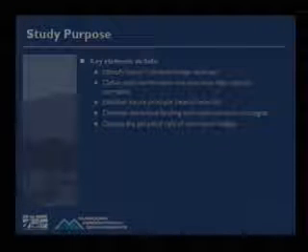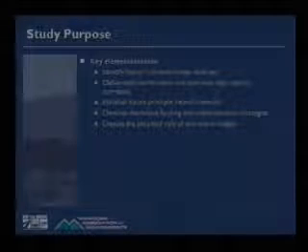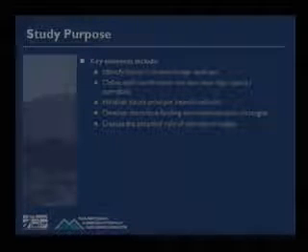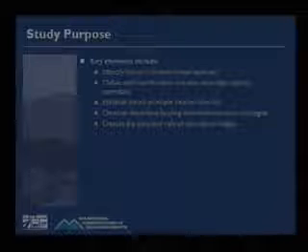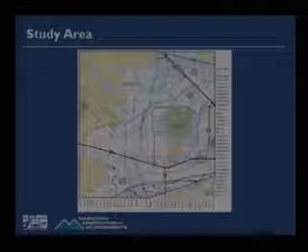Because, as I start to show you here, we're going to be talking about some pretty dramatic improvements to the Hassayampa Valley. And right now, the way the sales tax is worked out and most of our federal dollar commitments for the MAG region, most of those have all been committed through 2025. They certainly can be changed, obviously, but they've been committed out for a long time. So we need to start looking at other ways to start paying for these things. And last but certainly not least, alternative modes is something that we have to look at.